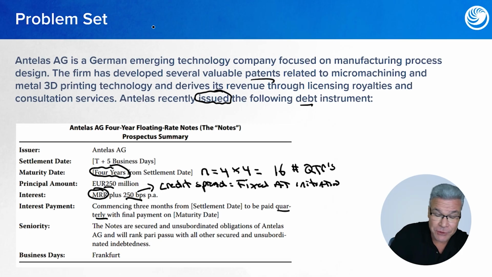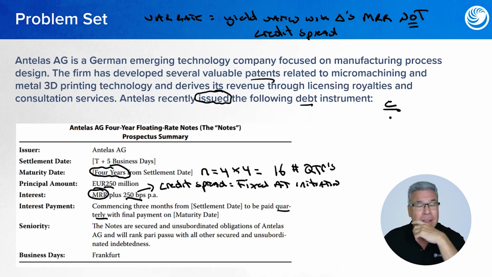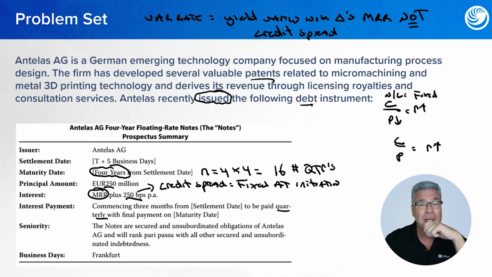So when you have variable rate debt, the yield varies with changes in the market reference rate, generally not the credit spread. When you have fixed rate debt and the required rate of return goes up, what happens to the price? It comes down. If the coupon is fixed and does not change, there's an inverse relationship between price and yield. Now, when you've got variable rate debt, and the market reference rate goes up and the coupon can adjust,